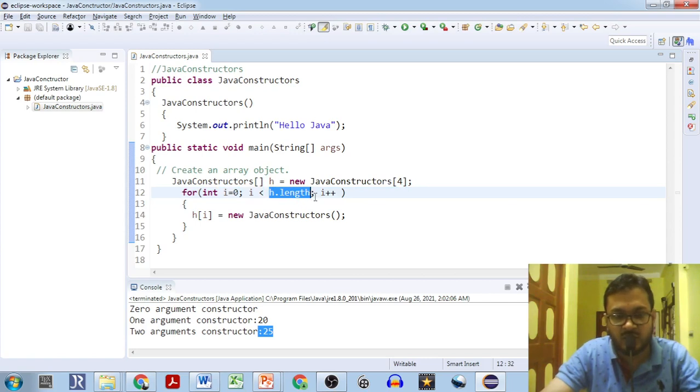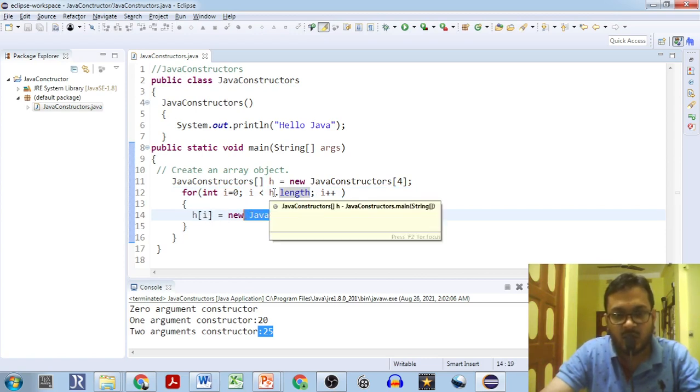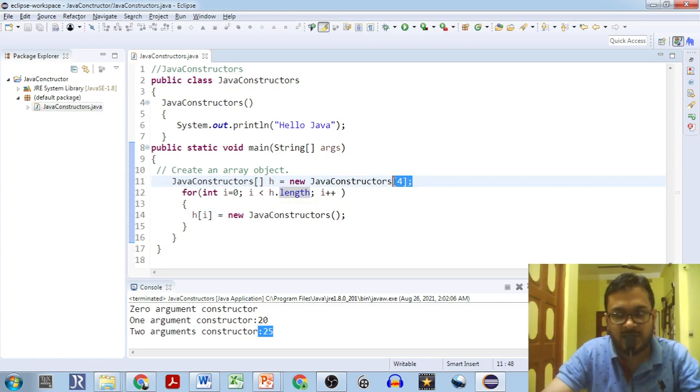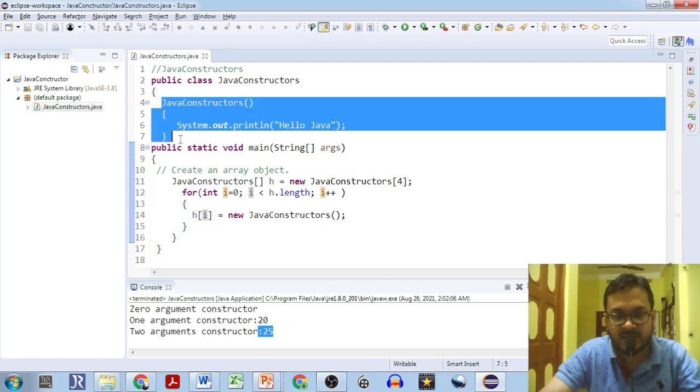It will go one by one, so H[i] is equal to new Java constructor. Each time we traverse these 4 objects in array H, at the first location H0, the 0th index will be fetched and you are calling the constructor by using the new keyword.